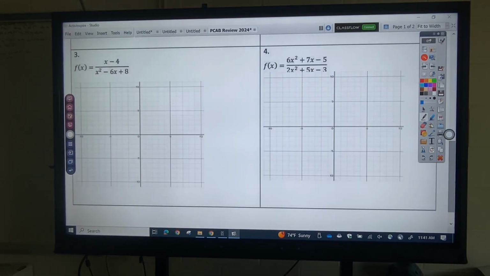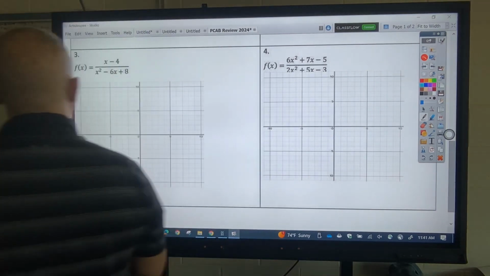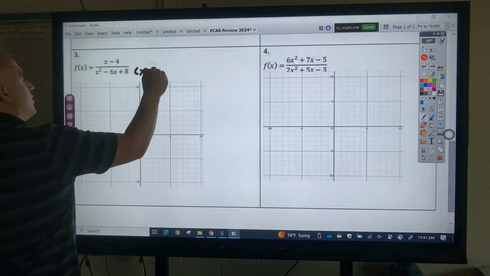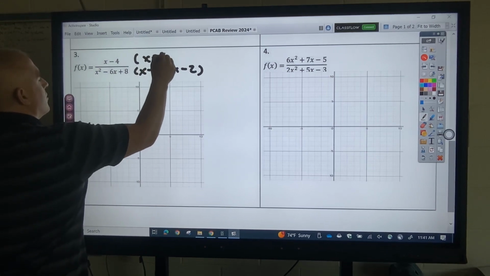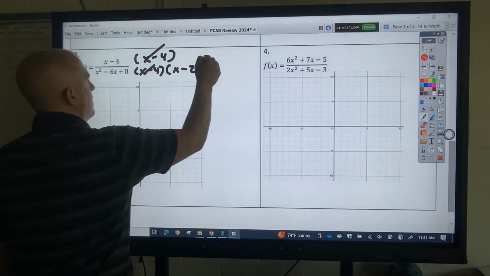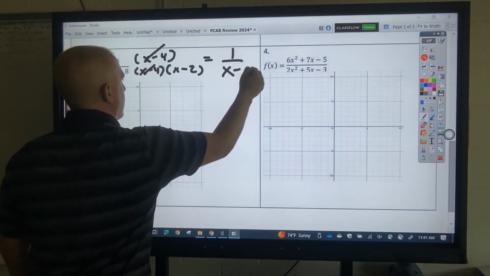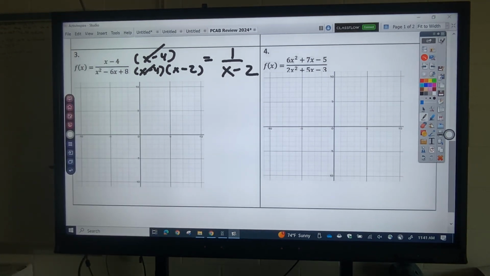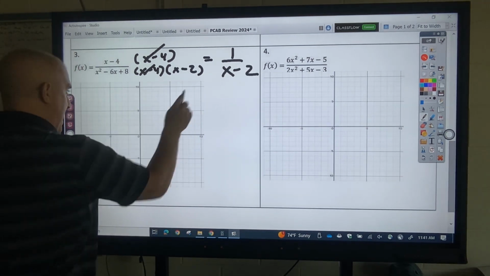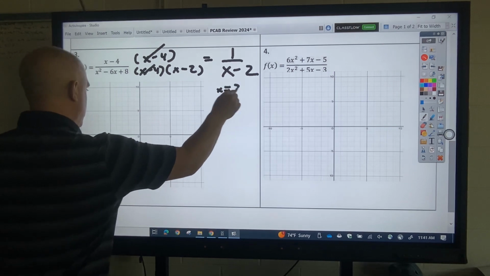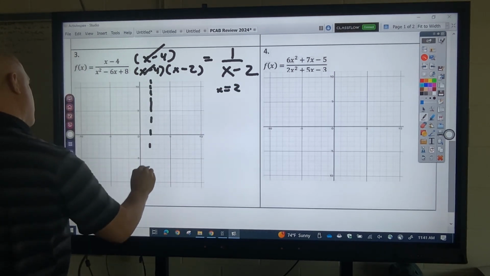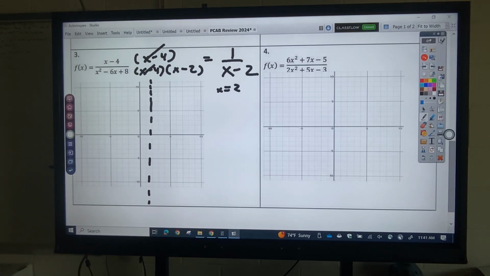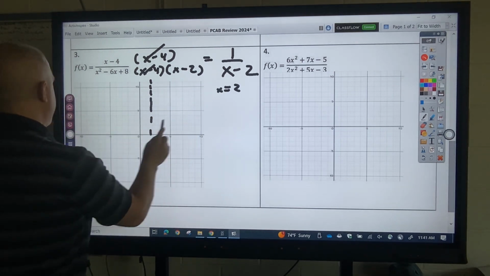Okay, two rationals. What you want to do is graph the asymptotes. So I'd want to factor this first. Okay, that gets crossed off. That's going to be the hole. Okay, so what I'm going to have is a vertical asymptote, because if I solve that, okay, that's going to be x equals 2. So with 2, okay, somewhere in here, it's going to be my vertical asymptote. Since the denominator is bigger,